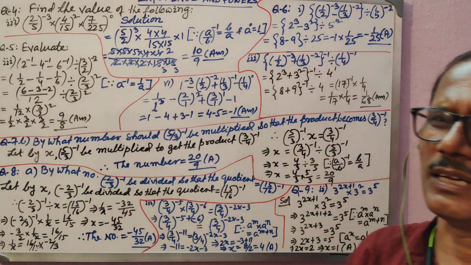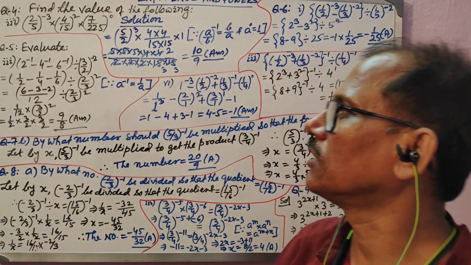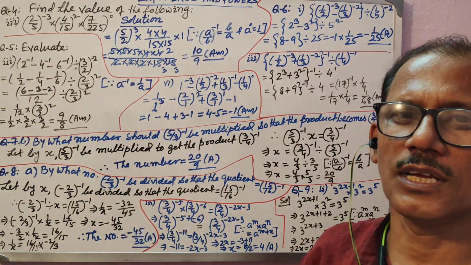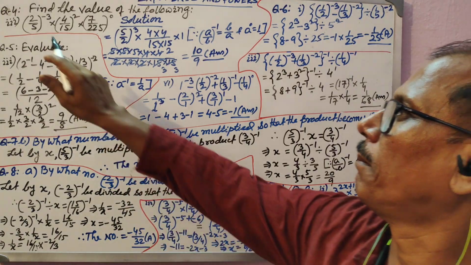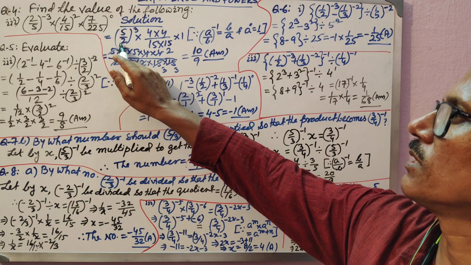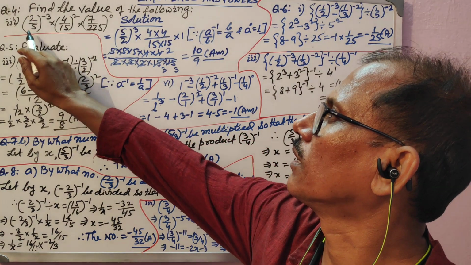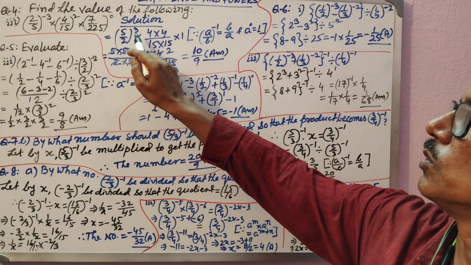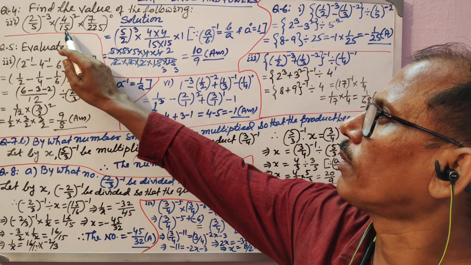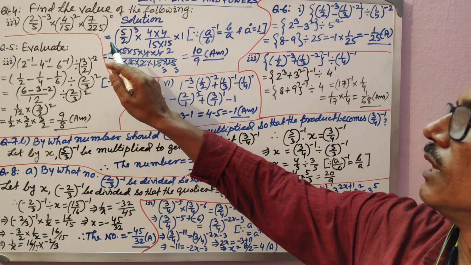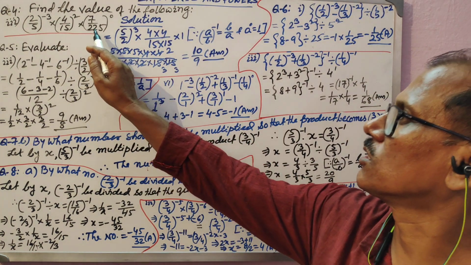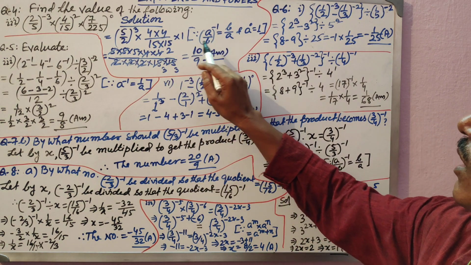Now this 2 doesn't have any link to implement any laws. That is why you will have to find the numerical value. Power means the base multiplied that many times. But before that you need to make the power positive, as I said to you. That is why in the first step itself I made it reciprocal. This fraction reciprocal means 5 by 2 to the power 3. The power became positive, into 4 by 15 whole to the power 2. That means 4 into 4 divided by 15 into 15. And this to the power 0 is equal to 1.